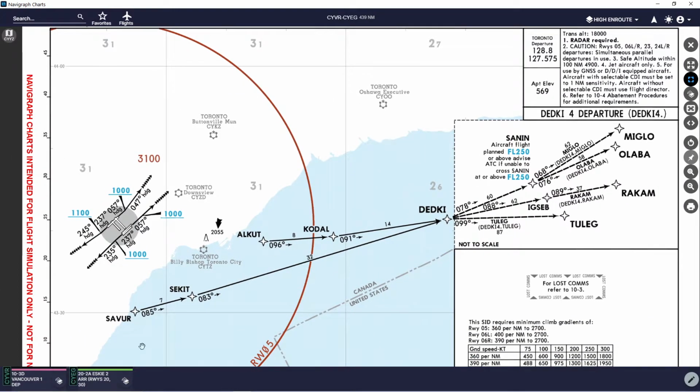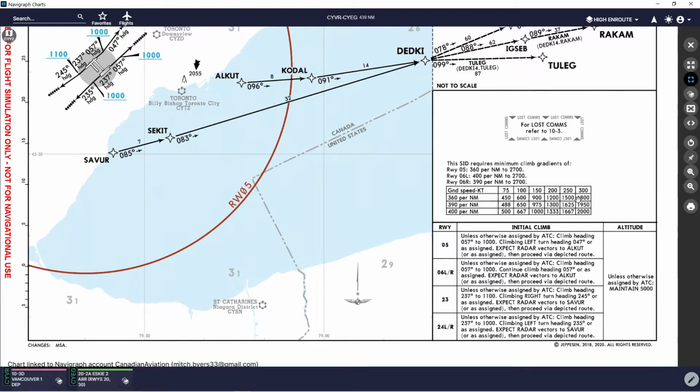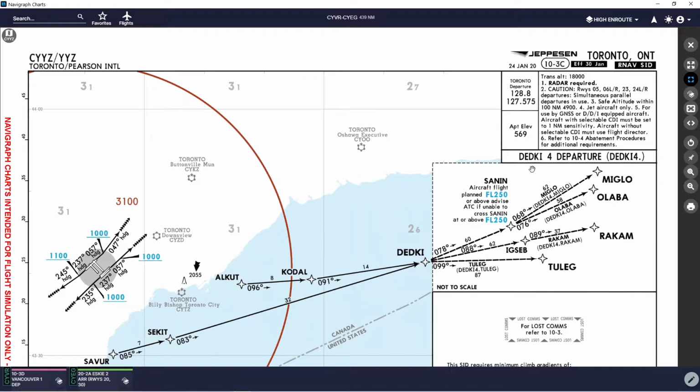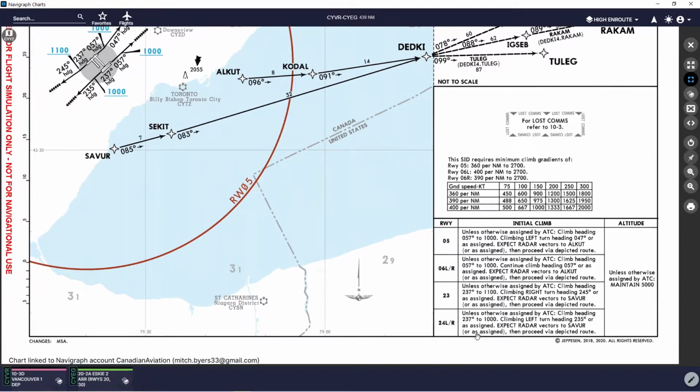And this is where you have to pay very close attention to the diagram as well as what it says in the writing down below, because there is bolded text that you should pay very close attention to when you fly specific SIDs like this. So in this case, the Deker Four departure, very similar to what we just saw in the Vancouver one, but let's use runway 24 right as the example out of Toronto. So runway 24 right, unless otherwise assigned by ATC, we're going to climb heading 237 to 1,000 feet. Climbing left turn, heading 235, so a slight 2-degree turn to the left, or as assigned, and